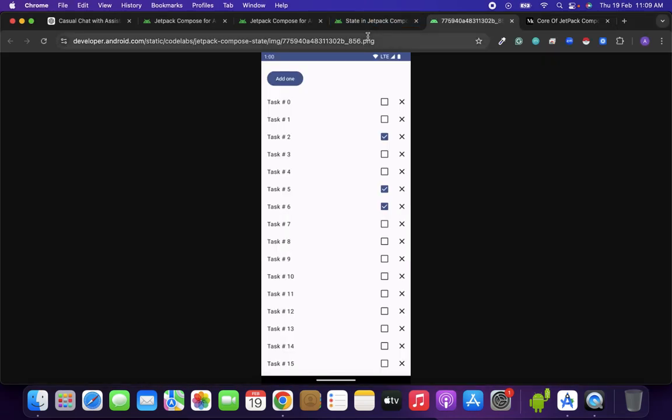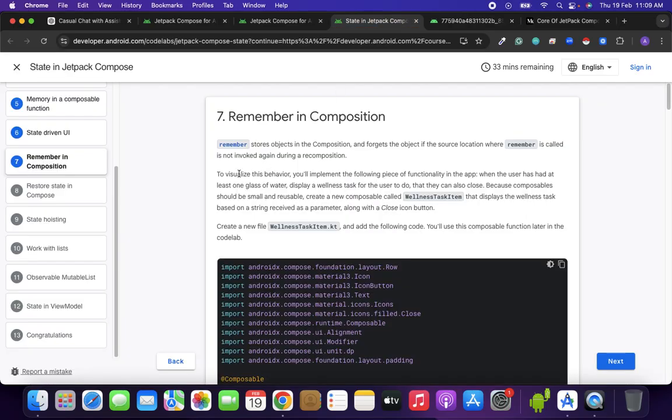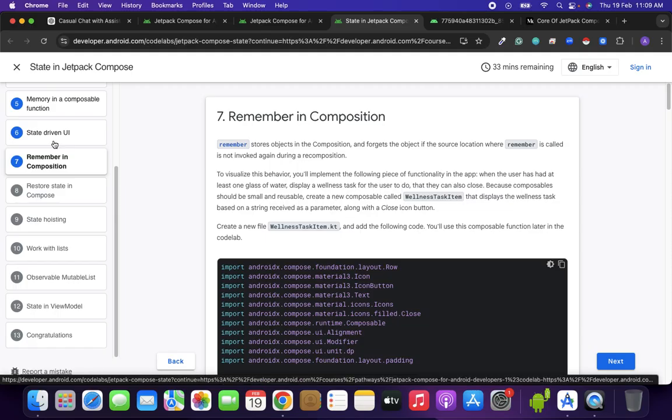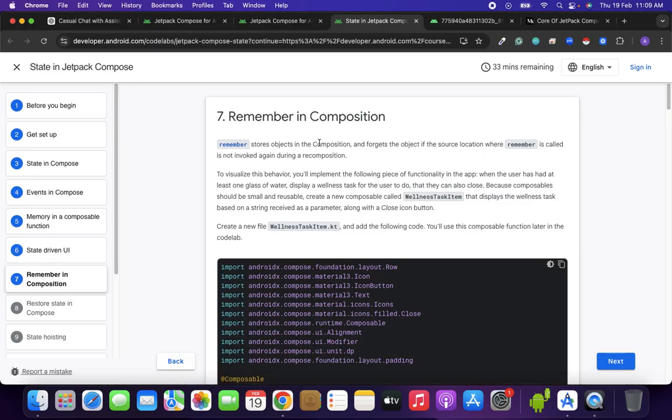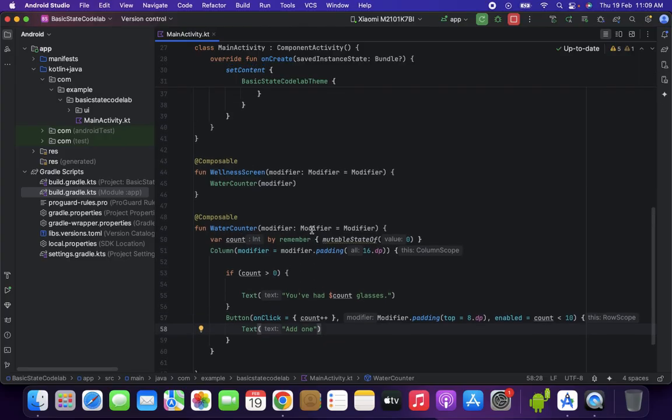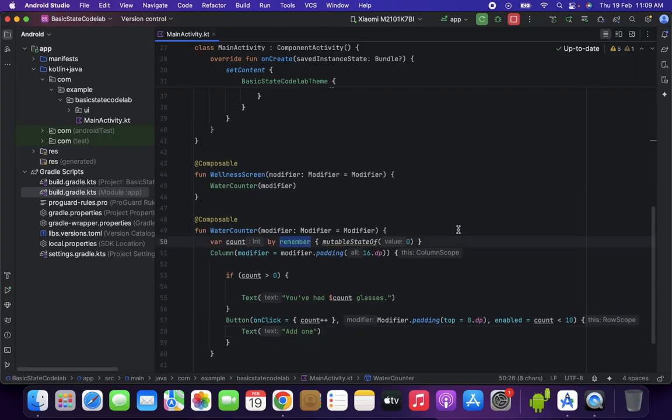So till now we have completed the Codelab up to this point. The state driven way. Let's learn about remember. In this Codelab we have used this remember block, which preserves the previous state of